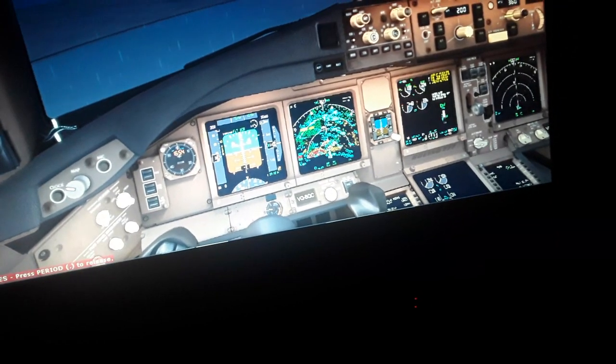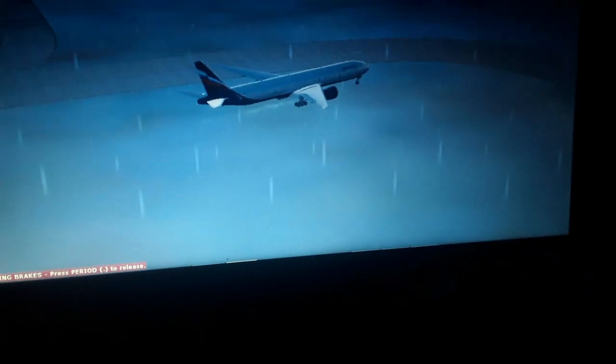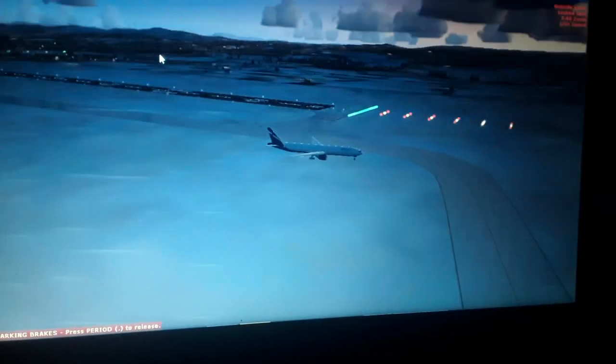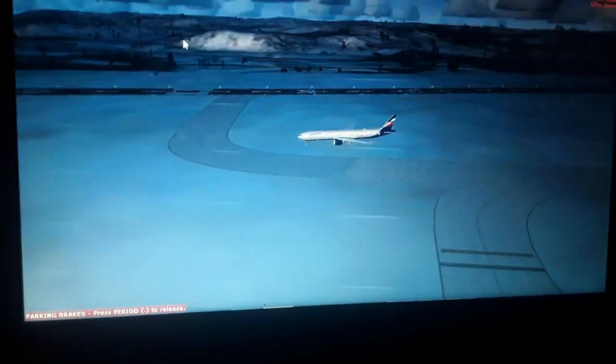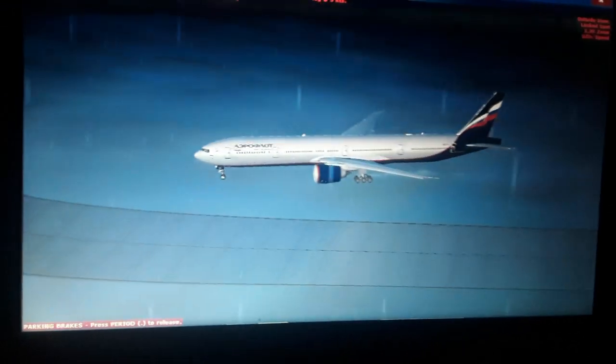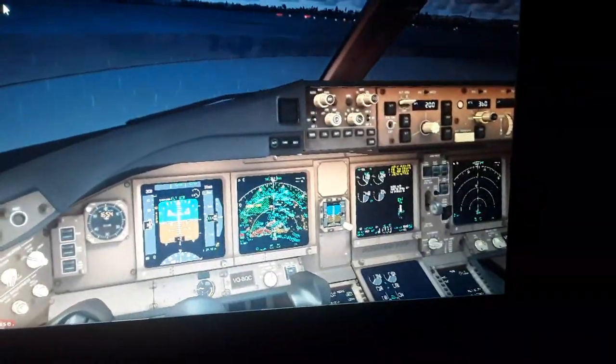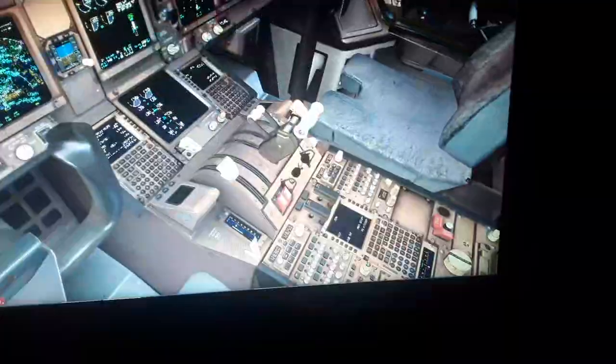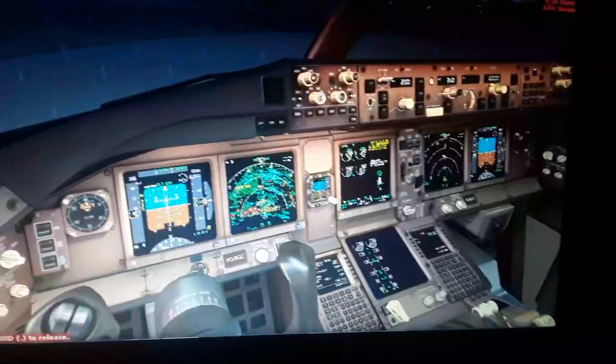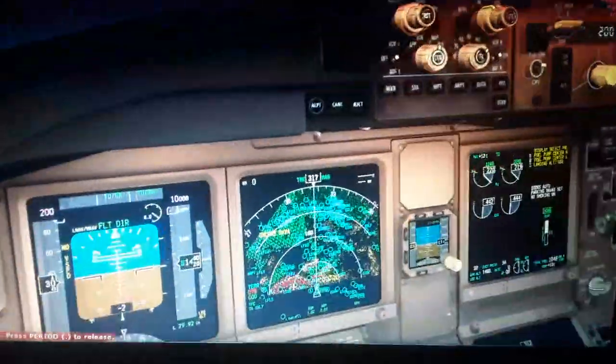So you can see here also the outside view of the aircraft and also the airport where we are located. So you can see here we have